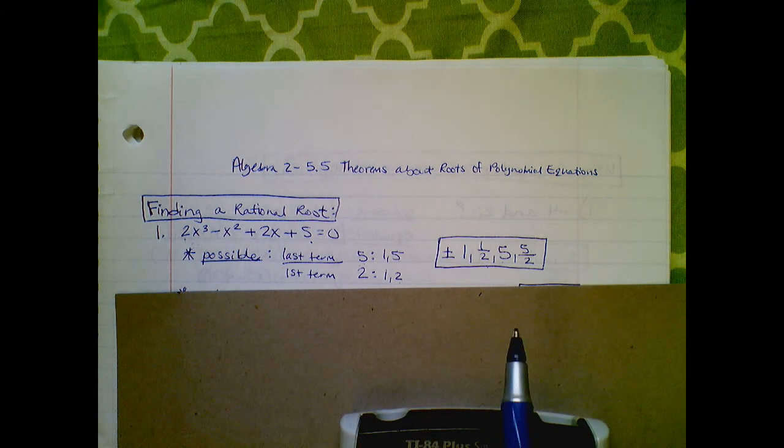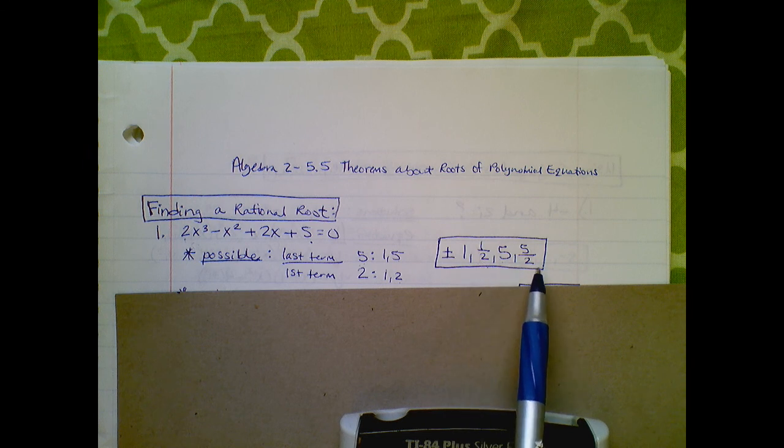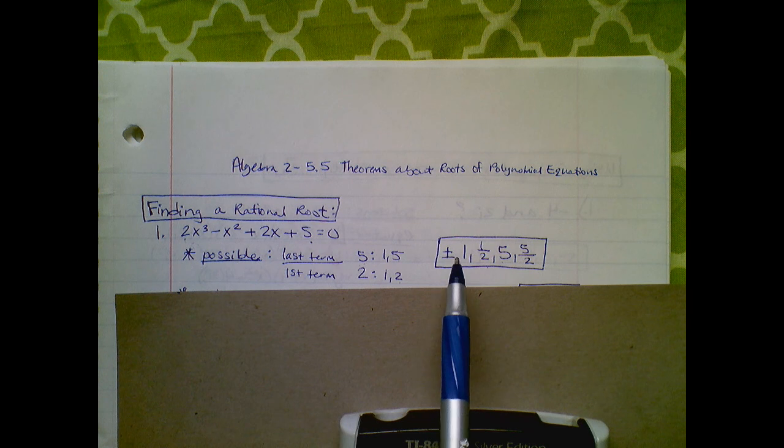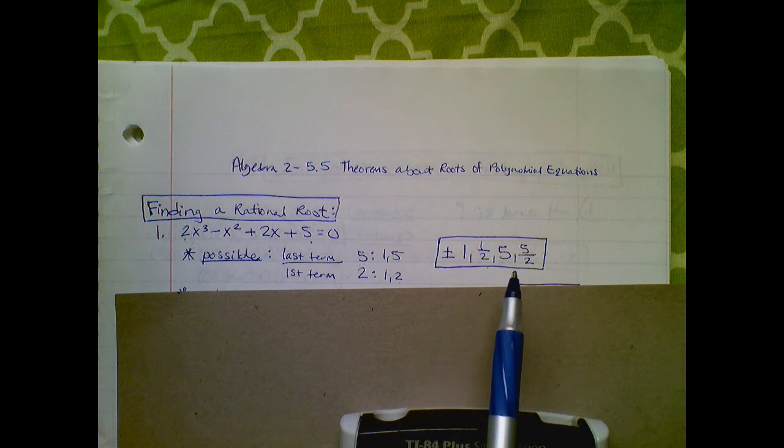Now you want to make sure that you reduce the fractions. You can leave it in fraction form or decimal form. In front of each of these numbers, there should be a plus or minus sign. If you want to just do what I did and put a plus or minus sign out front, that works also. But just know that this is a list of 8 numbers, all the positive and all the negatives of